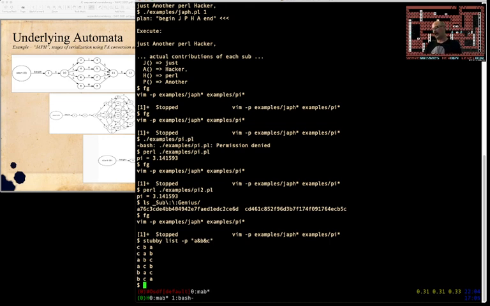So step 0, step 1. We're looking at the PRE that was in the Pi example just now. Step 2, step 3, step 4, step 5,